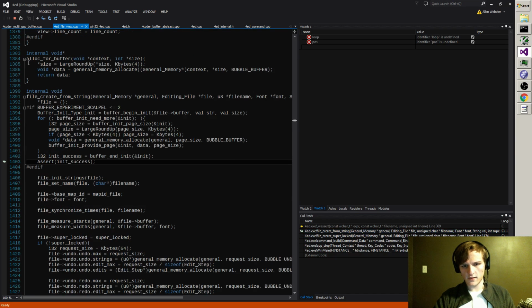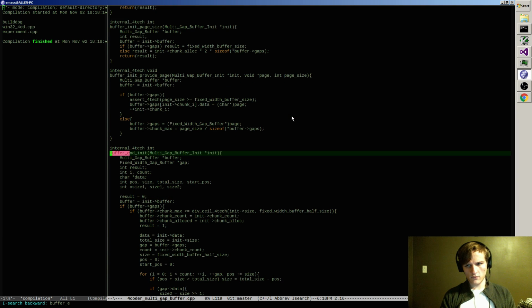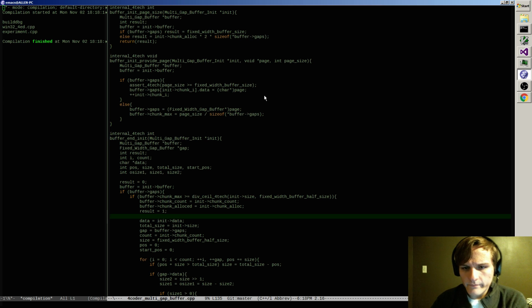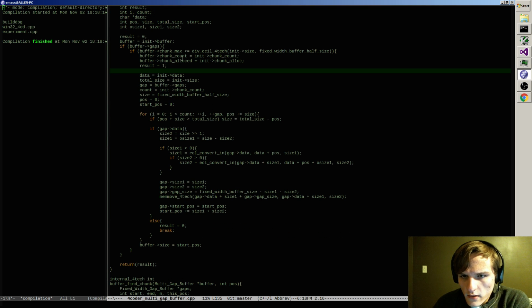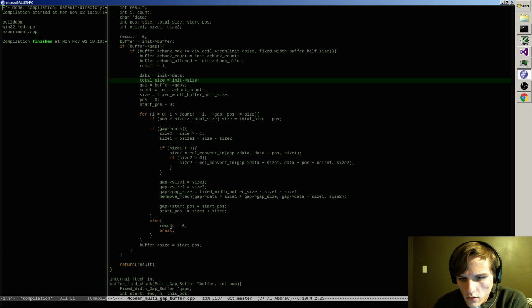I failed my init success check. That's interesting. And init. Okay. So what is it that it checked? It checked that chunk max is greater than or equal to init size divided by... Okay, that shouldn't have failed. It shouldn't have failed this part. If gap data